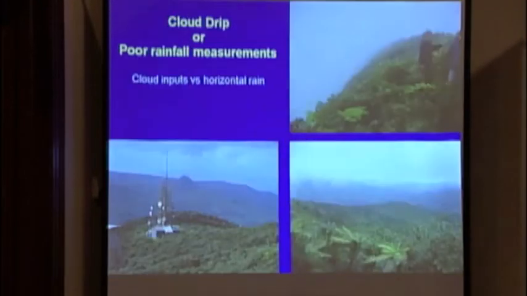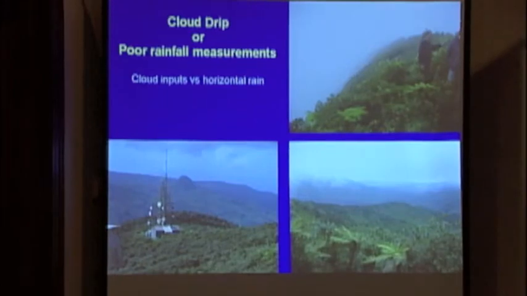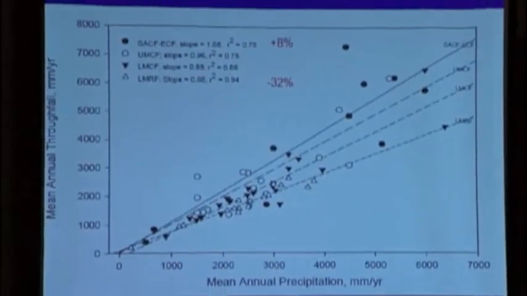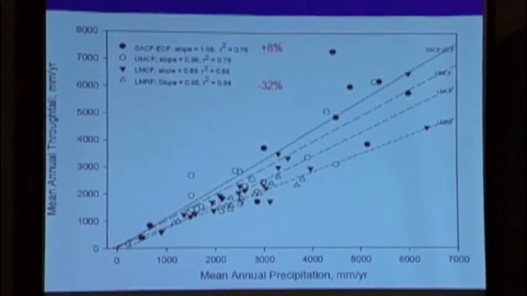And so we've had many students over the years going out and trying to really pick apart this. And you can see how windy these areas are, especially on the taller forest. And then people have gone, we've done isotope studies and a whole range of things. At the end, it does turn out that cloud drip is important, especially in dry areas. So if you do studies during the dry period and the wet period, these elfin cloud forests, the ones that most of us have in our mind as the type of cloud forest, actually do get